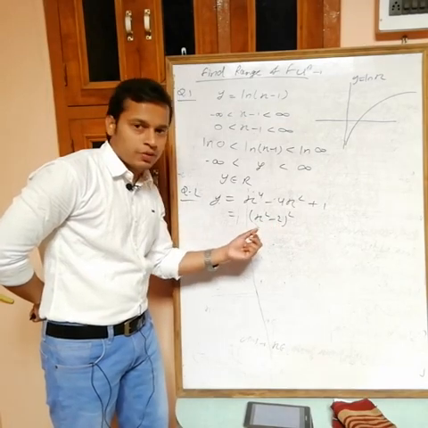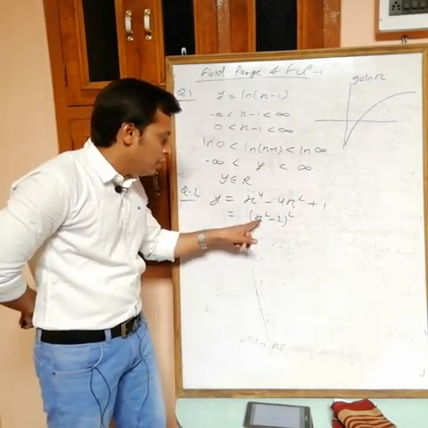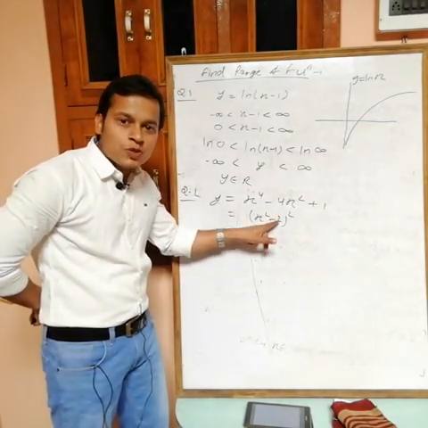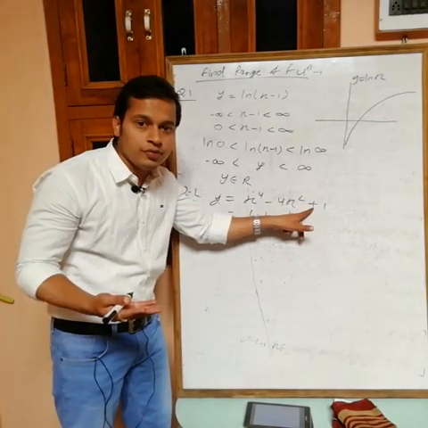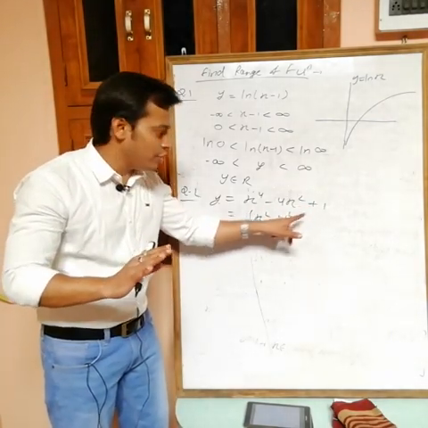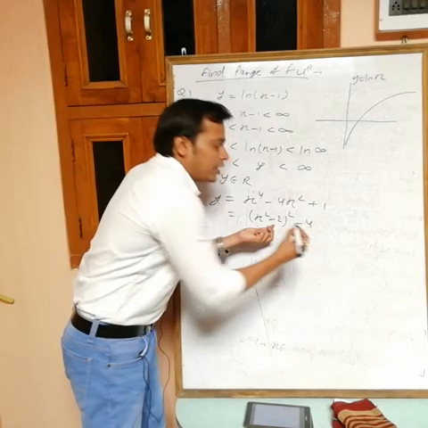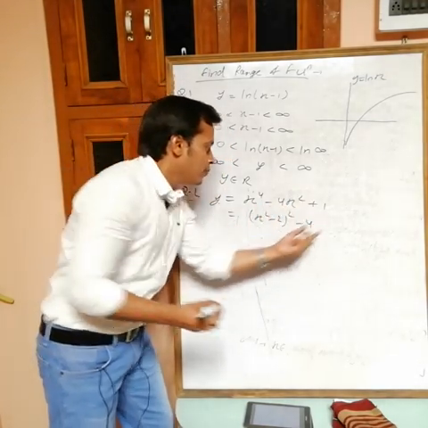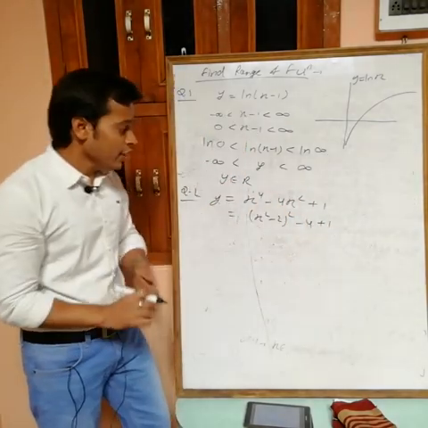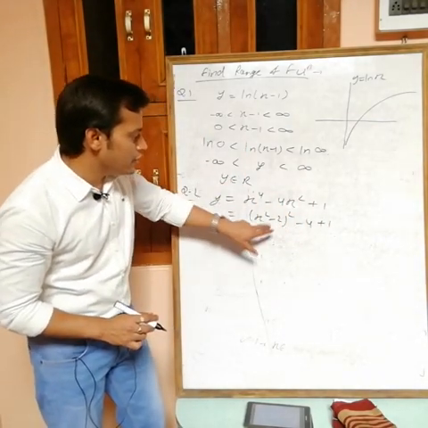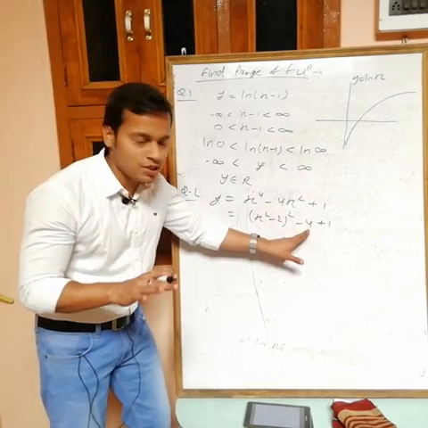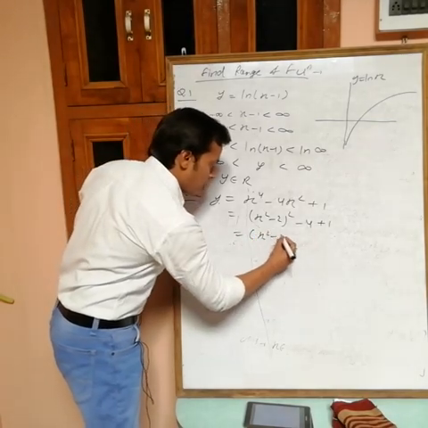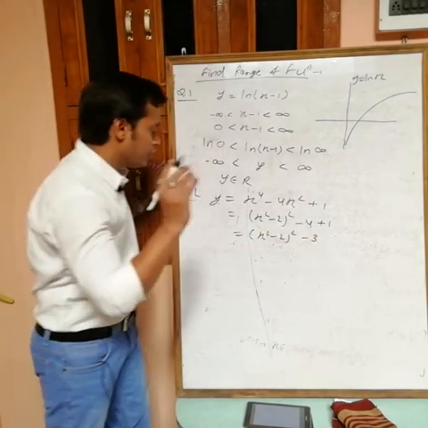Now solve this, because this is not exactly equal to the original. A minus b whole square is a square minus 2ab plus b square, that gives 4, but there is no 4 in the original. In this one we have plus 4, but there is no 4, so I have to subtract that 4. Then the remaining plus 1 as it is. Now if you solve, x power 4 minus 4x square plus 4 minus 4 cancel out, and plus 1 as it is. So I can write this as x square minus 2 whole square minus 3.